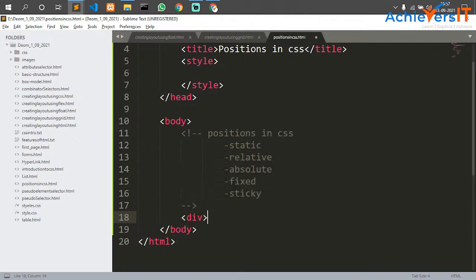I'm going to create a small example for it. For example, a div. For this, what I am going to do is take a division or section. I'm going to make this a section. Inside this section I'm going to create a div. Inside this div, what I am going to do is